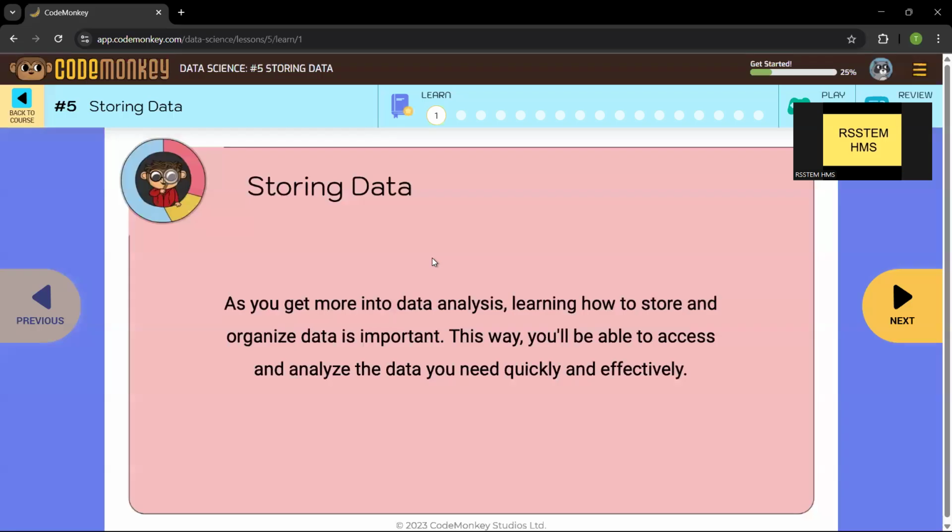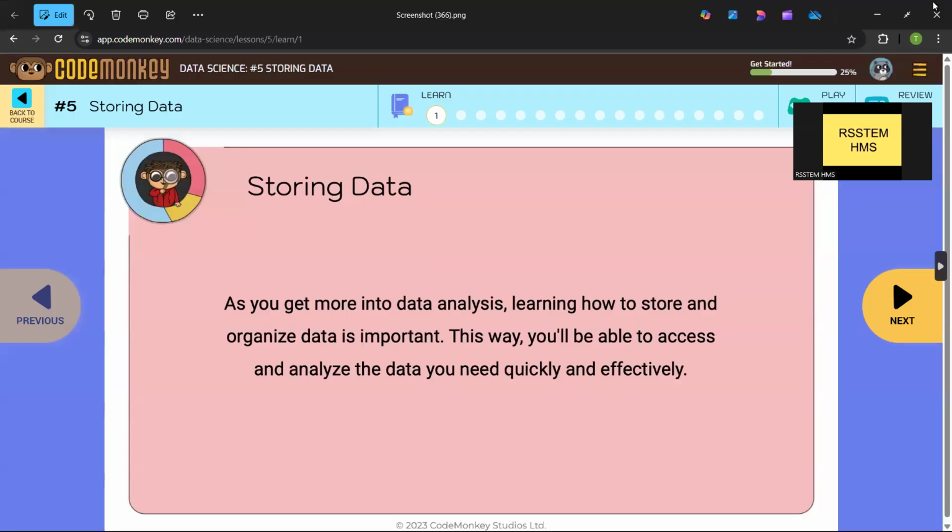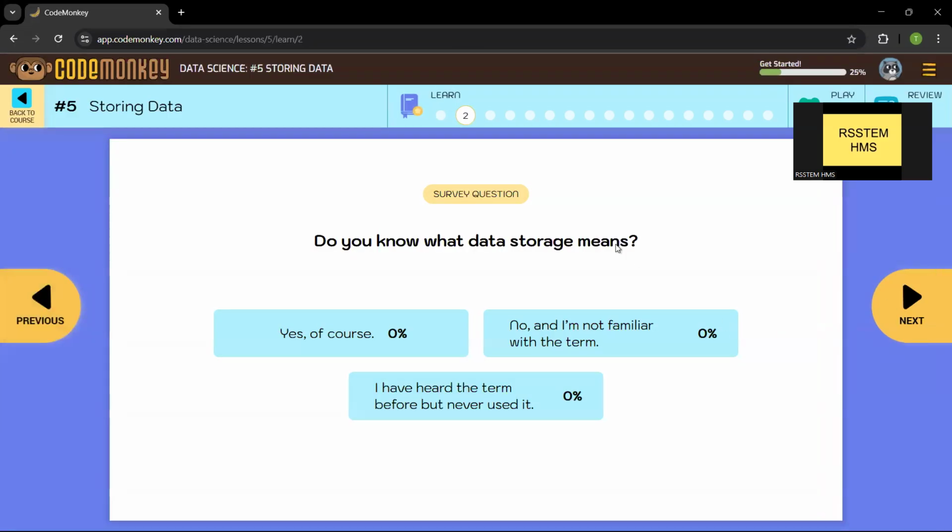So from the large pile of information and data, you have to pick which ones are important, which ones are relevant to your research or data analysis, and then what you will do is you will store them and organize them neatly.